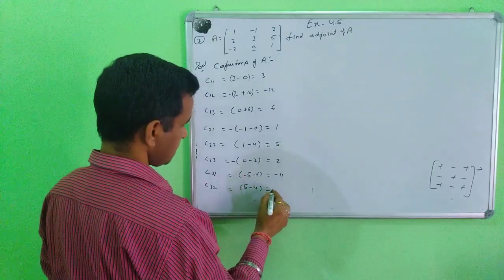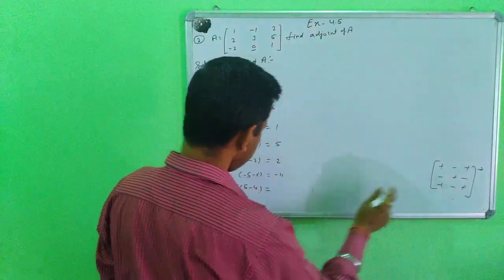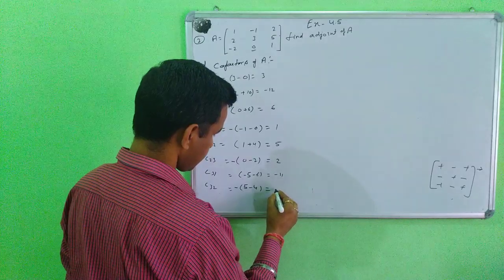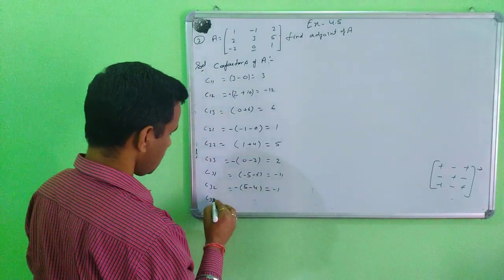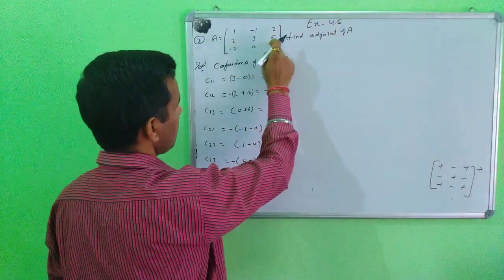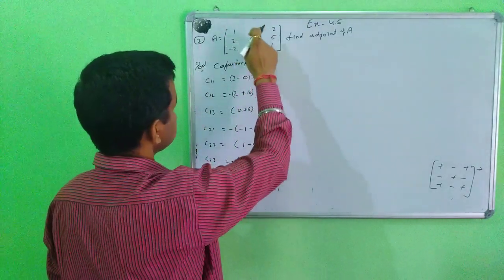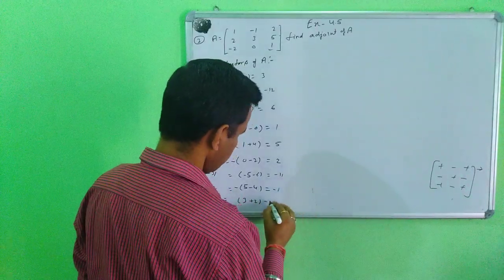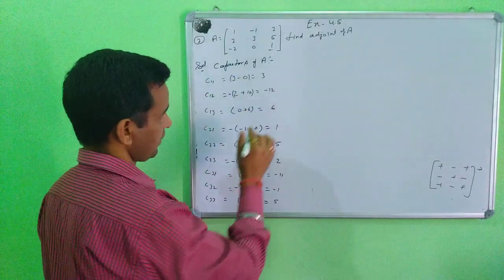So next 3 2 means this is the 3 2. So this minus sign here comes, so this will come here minus 1, and next 3 3 means this row and this column will be hidden. 3 1 is 3, 3 1 is 3 minus plus, so 2 1 is 2. Here the sign is plus, so 3 2 plus 5. Here no sign, no change. So this is your cofactors.